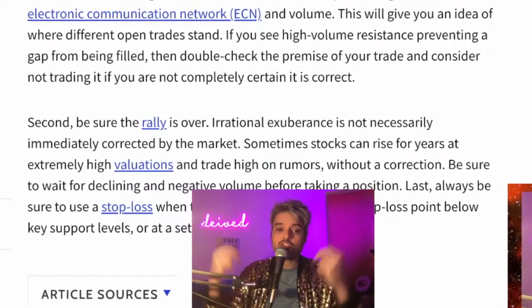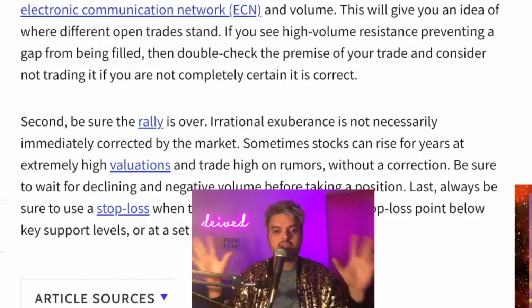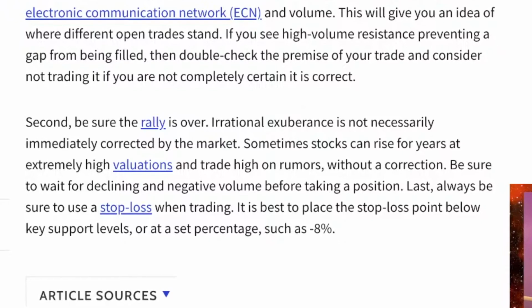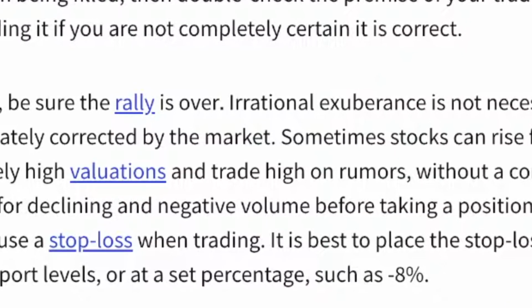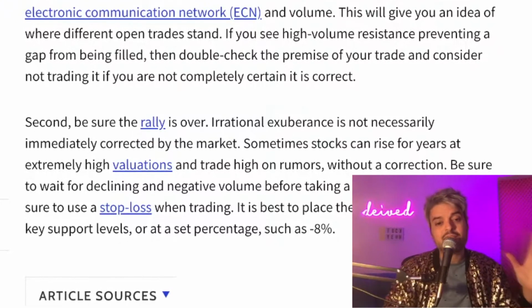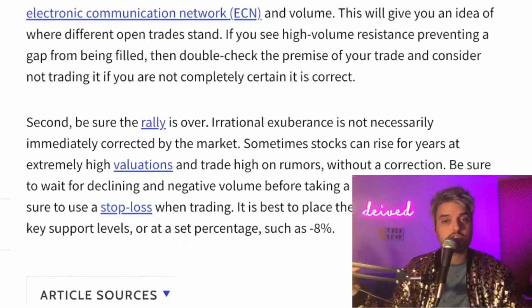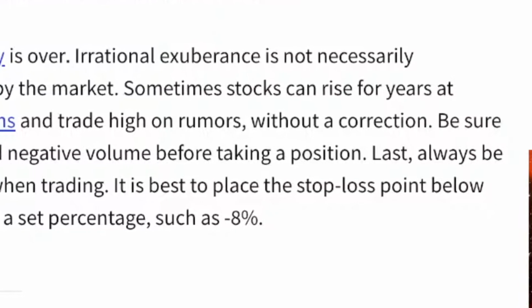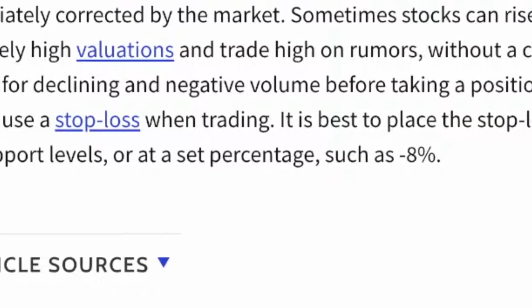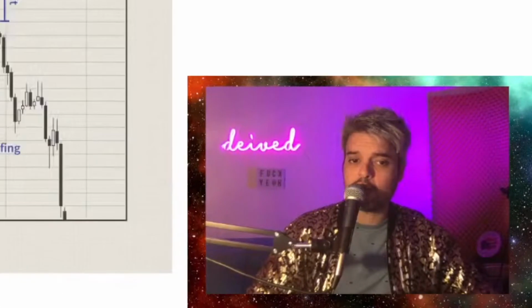Second, be sure the rally is over. Irrational exuberance is not necessarily immediately corrected by the market. Sometimes stocks can rise for years at extremely high valuations and trade high on rumors without a correction. Be sure to wait for decline and negative volume before taking a position. Last, always be sure to use a stop loss when trading. It is best to place the stop loss point below the key support levels or at a set percentage such as -8%. And that is the article from